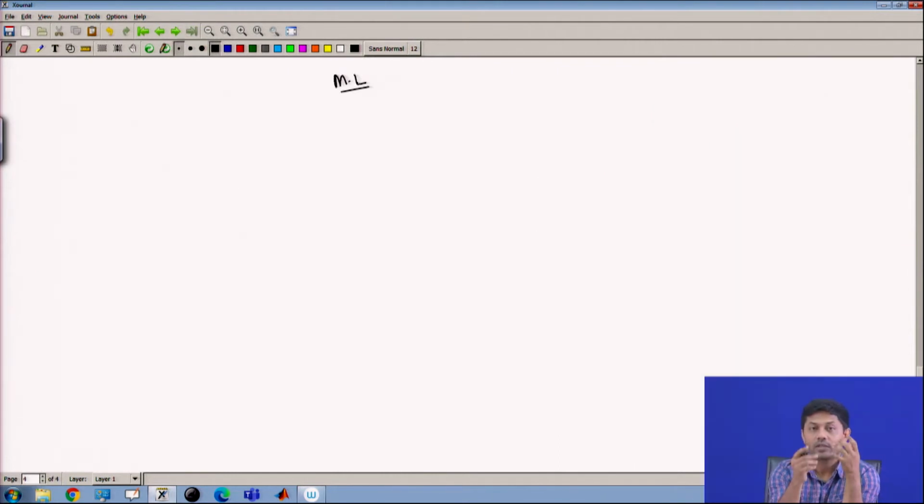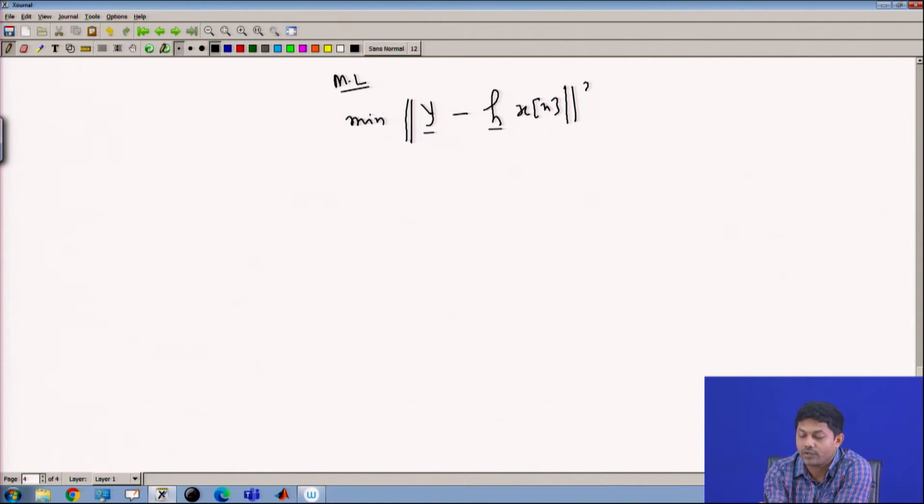Why am I talking about all this? Because this will be required at millimeter wave also. How do you finally receive the signal, in what sense do you receive it? If you do an ML decoding and the data is Gaussian, what is the data model? It will be Y bar minus H bar XN. You minimize this distance mod square, but it is a vector distance, so it is a 2 norm of the error vector, over all possible values of your XN. If it is some sort of constellation, you take which constellation point has been picked up and then you say, okay, this is what the value is.